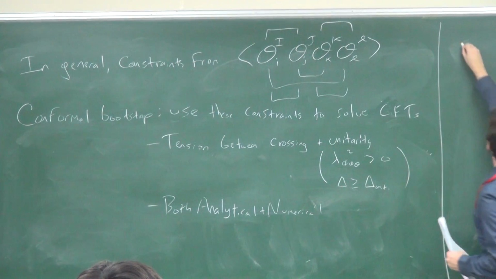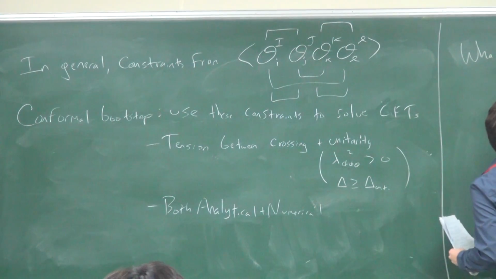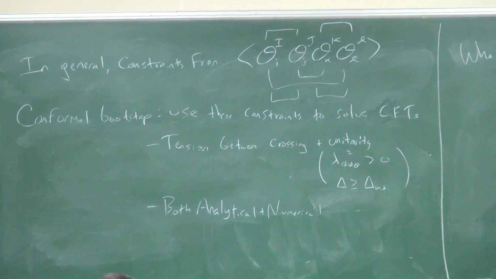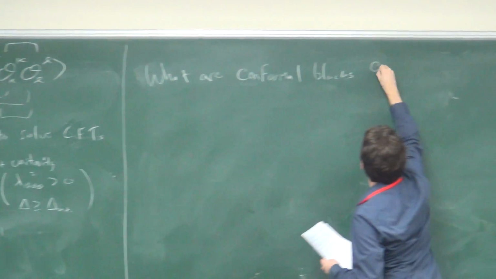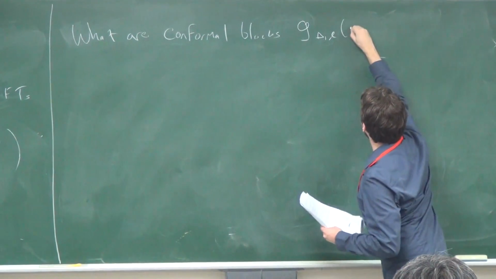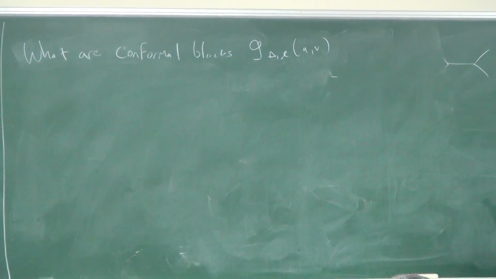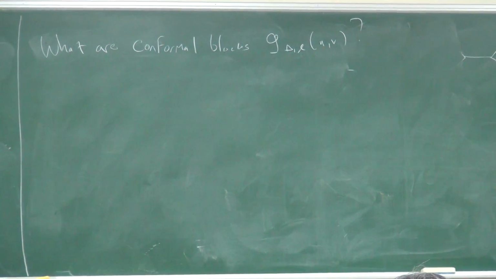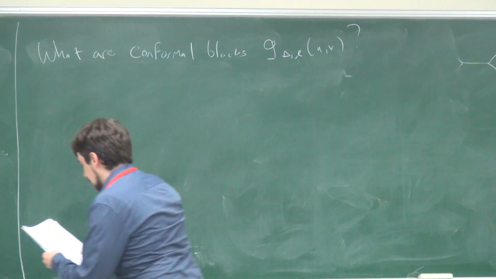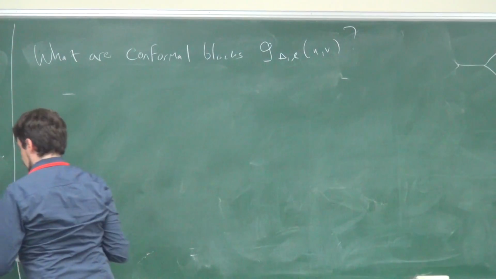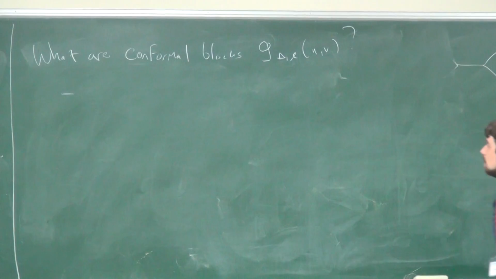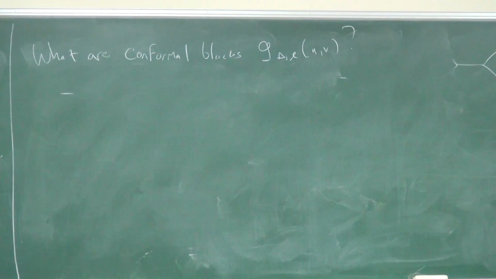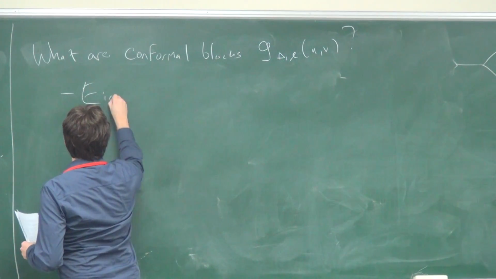Okay, so let me just ask, what are the conformal blocks? G sub delta, L of u and v. There are various ways to think about them. One nice way to understand what they are is that they're very nice group theoretic objects. In particular, they're eigenfunctions